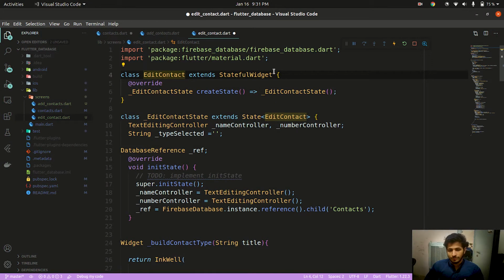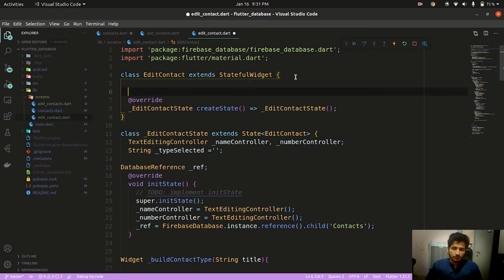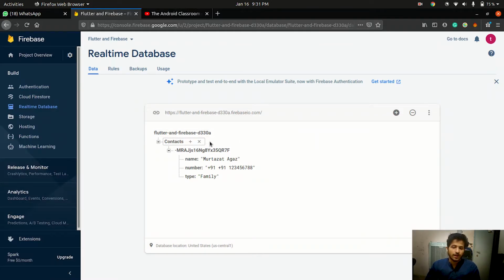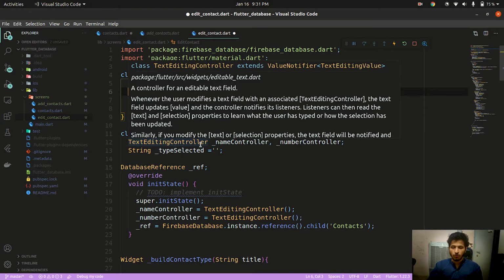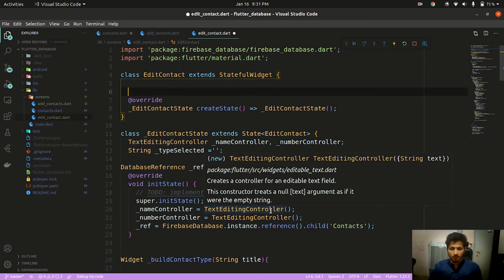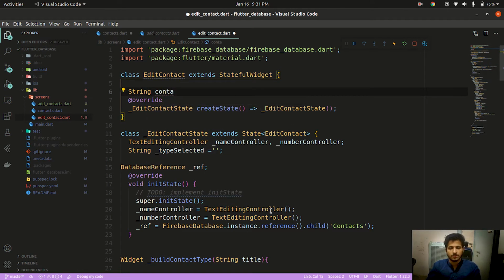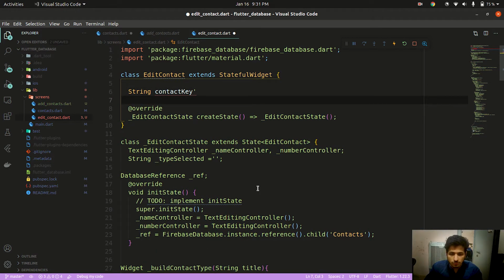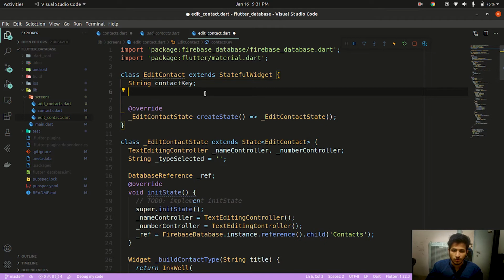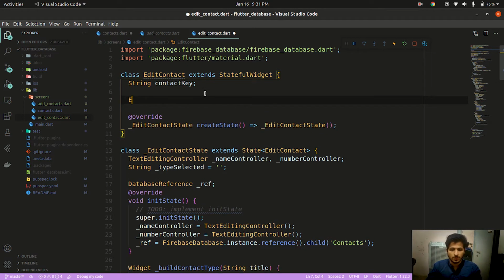Okay, now in edit contact we need this key. This key is very essential to edit the contact. So what we'll do, we'll create a member variable. Let's call it string contact key, and we'll get this key in its method contact key, edit contact.